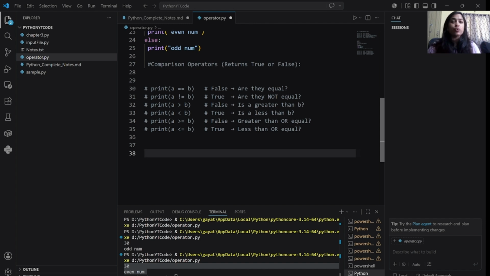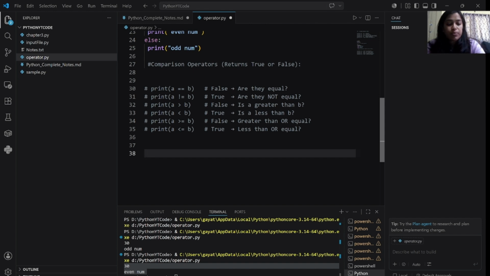In that case, you can use the comparison operator. Even if you want to see that Ram is older, or rather elder, than Sham, you can use greater than, less than, equal to, greater than or equal to, not equal to. If you want to perform those types of operations, you can use the comparison operator.